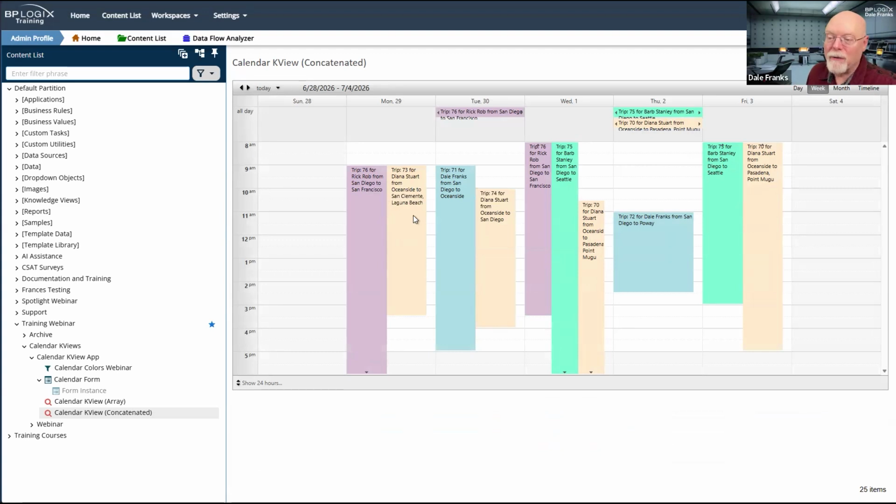San Diego to San Francisco, Oceanside to San Clemente and Laguna Beach, San Diego to Oceanside, and so forth. So as long as I have the correct data saved in my forms, I see the correct data in my knowledge view, which has all of the stuff that I'm supposed to be seeing. So good, we have fixed that up.